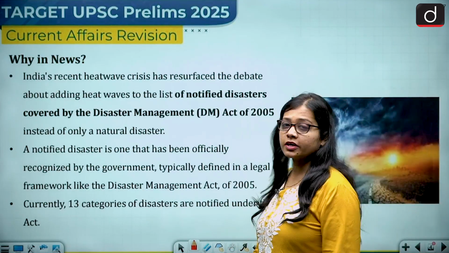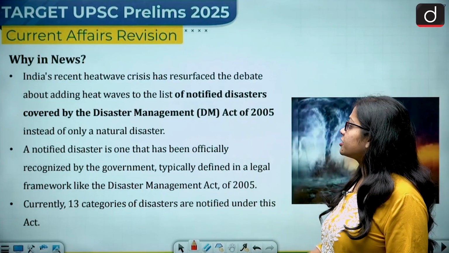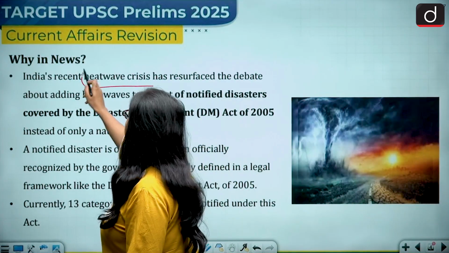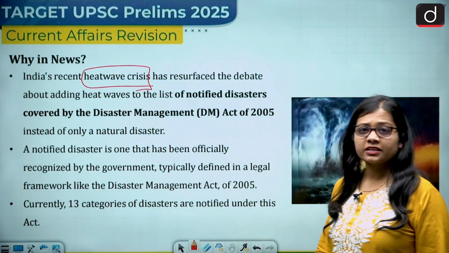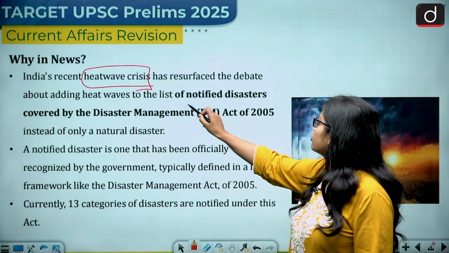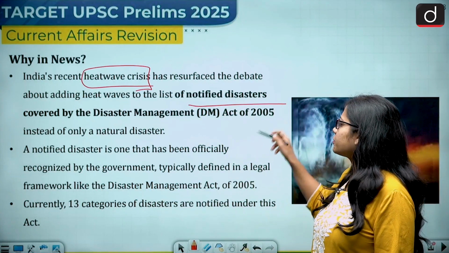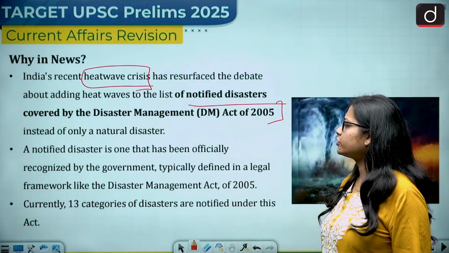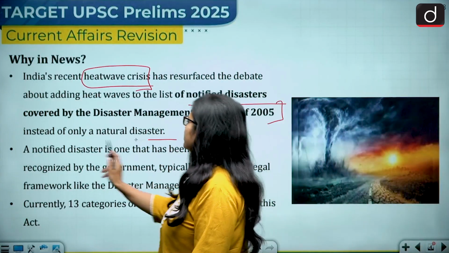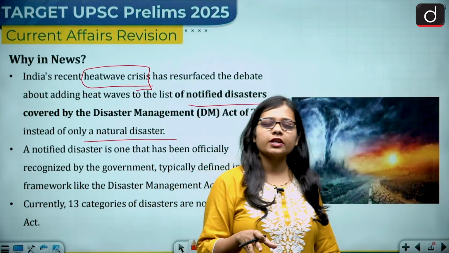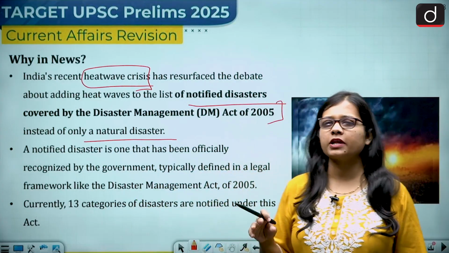Now, why was this in the news? Because India's recent heat wave crisis has resurfaced the debate about adding heat waves to the list of notified disasters covered by the Disaster Management Act of 2005, instead of only a natural disaster. So as of now, it is only a natural disaster, but till now it has not been added to the list